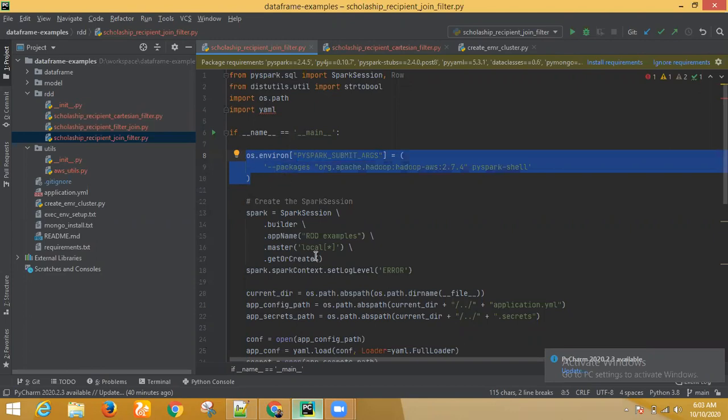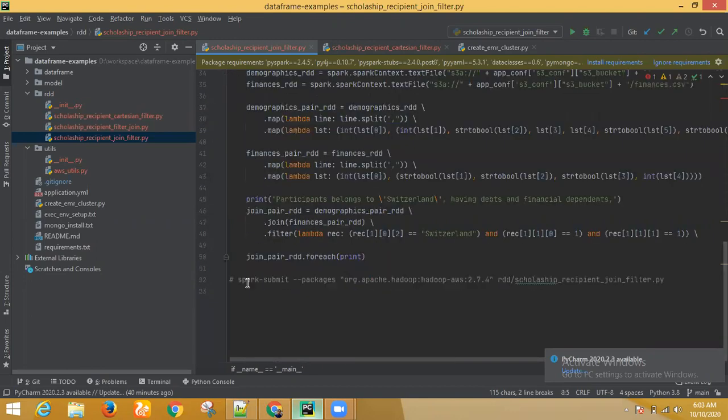Okay, so you can see that at the end I mentioned the spark-submit command. There also I have added this part. This is the library you have used. If you have multiple libraries, you can just put them comma separated within double quotes. You have mentioned org.apache.hadoop hadoop-aws, so you can keep adding multiple libraries, and this is the file name which you want to execute. We'll see them one by one.